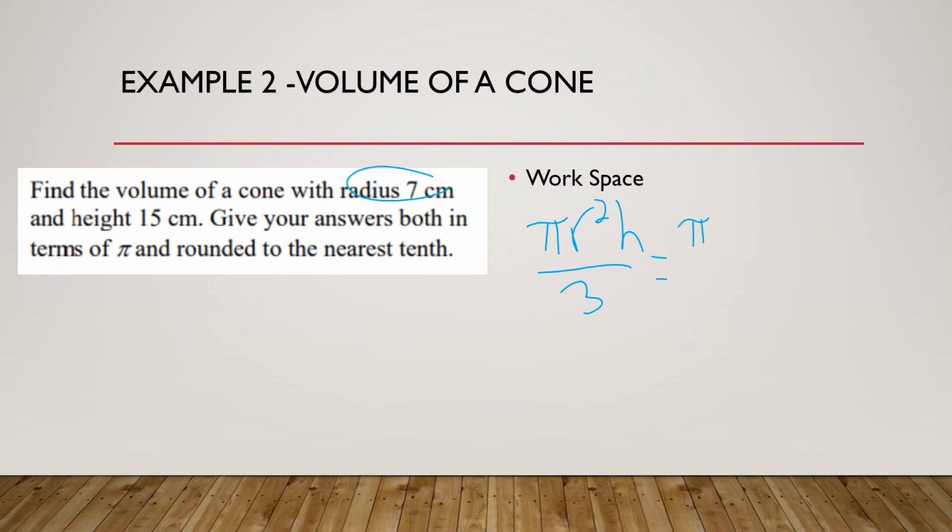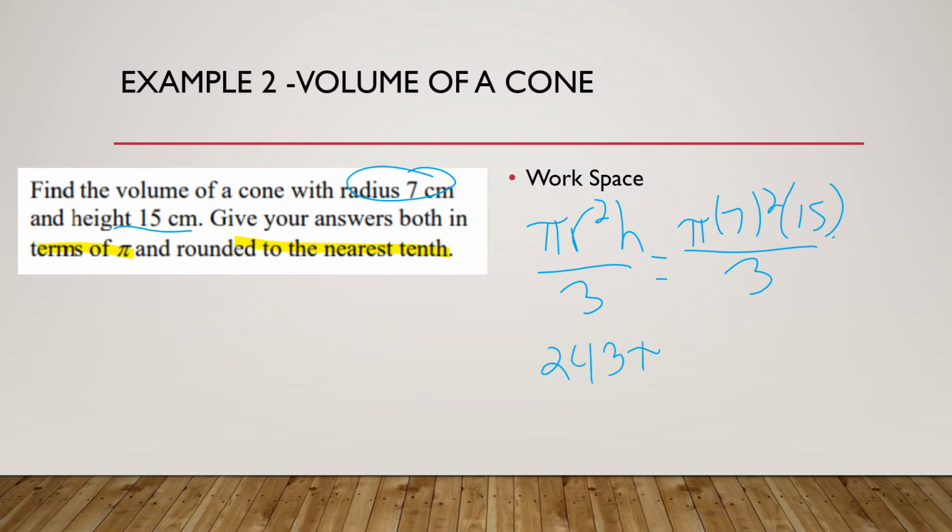Our radius, it says, is 7, so that would be 7 squared, times our height, which is 15, divided by 3. They tell us here to keep our answer in terms of pi and round to the tenth. We'd leave our pi be pi, so we would do our 7 squared times 15 divided by 3, and that would give us